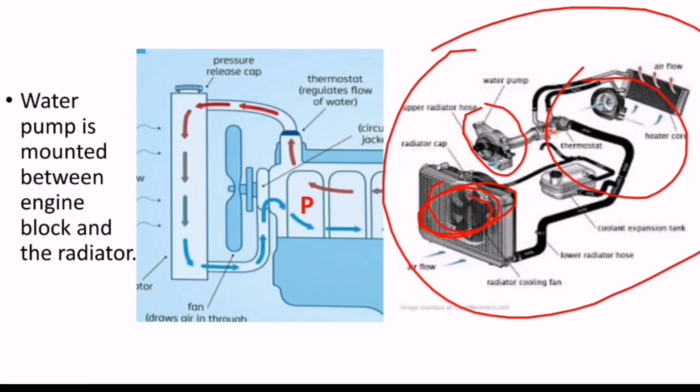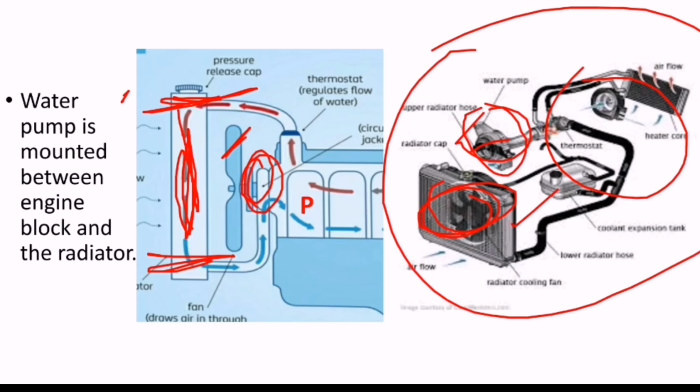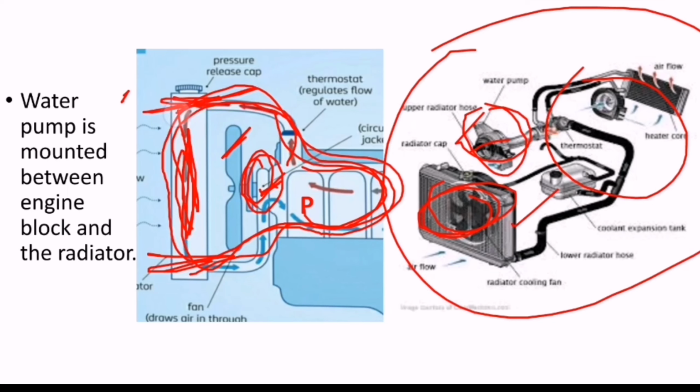On this side, the engine cylinders will be there. This water pump is going to circulate the water to this radiator. Observe this figure. This is the core of the radiator. This is the upper tank, this is the lower tank, this is a fan, and here is the pump. This pump is going to circulate the liquid from here to here, and it circulates to the jackets of the cylinders. To circulate this water throughout this cycle, the pump is used in the middle, that is nothing but the water pump. The water pump is mounted between the engine block and the radiator.